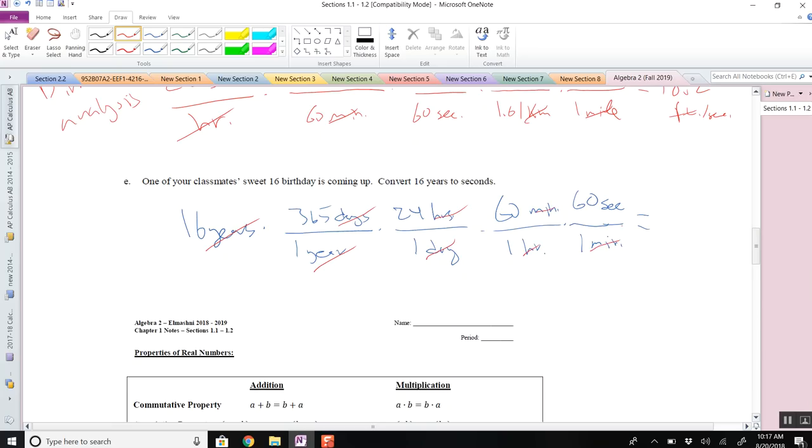Okay, hopefully you pause and try doing this. Notice I convert the years to days, 365 days in a year. Of course, there could be a leap year, but whatever. We'll just say 365 days per year. 24 hours in a day, 60 minutes in an hour, 60 seconds in a minute. So you multiply all that together,